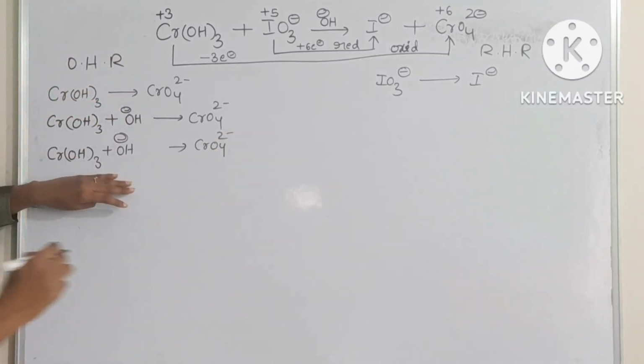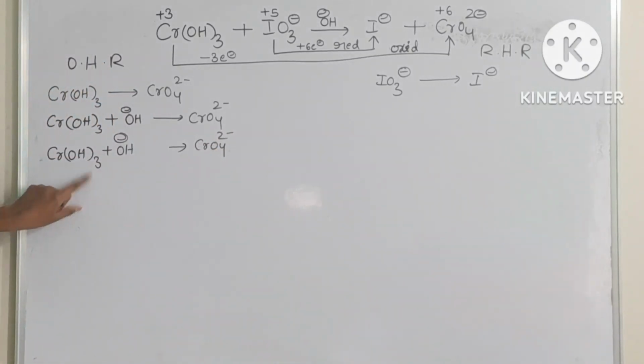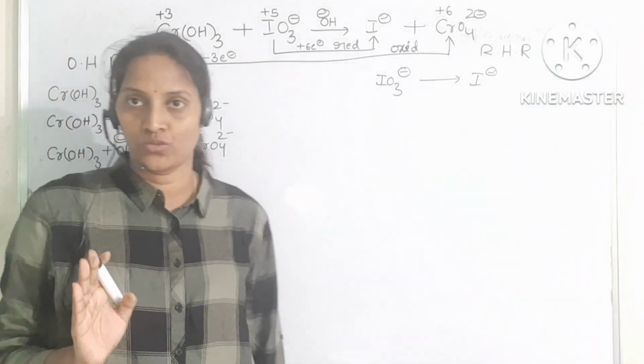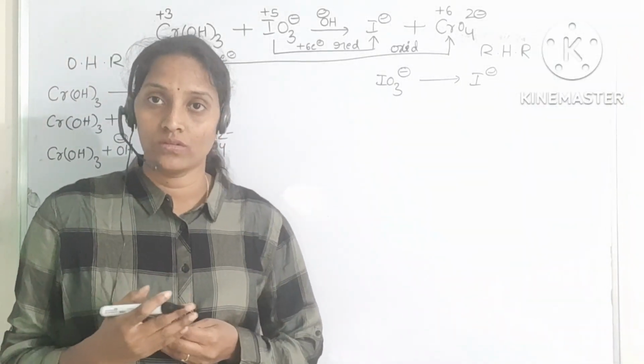Then we need to balance the hydrogen number. The left side of the oxidation reaction has 4 hydrogens,